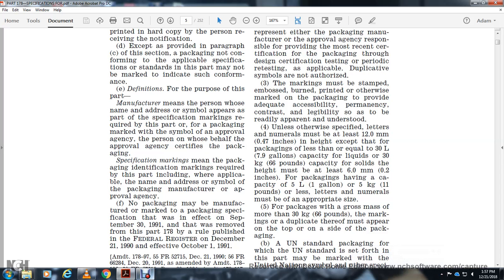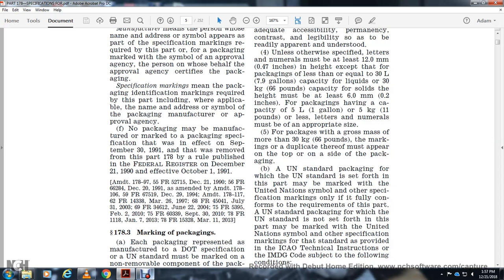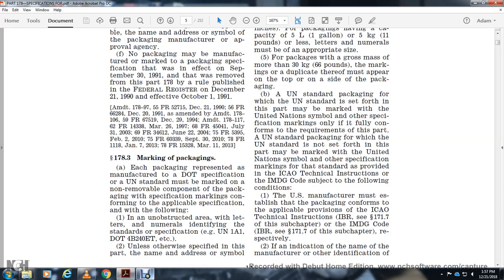Packaging with a gross mass of more than 66 pounds must have the mass appear on the top or side of the packaging. UN standard packaging with the UN standards set forth in this part must be marked with the United Nations symbol, with other specification marks that fully conform with the requirements of this part of the United States. For inner packaging for which the UN standard is not set forth, the printed mark is the United States national symbol. Other specification marking standards approved with the ICAO Technical Instructions and International Maritime Dangerous Goods Code are subject to the following conditions. The U.S. manufacturer must establish packaging in conformity with the applicable provisions of the ICAO Technical Instructions or the International Maritime Dangerous Goods Code,